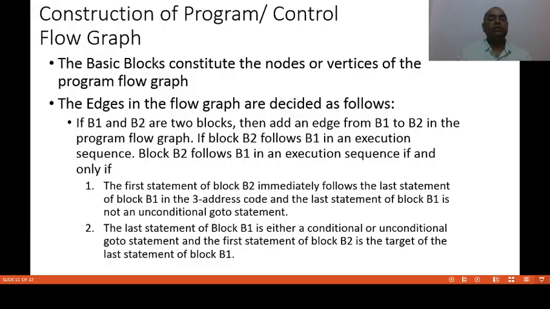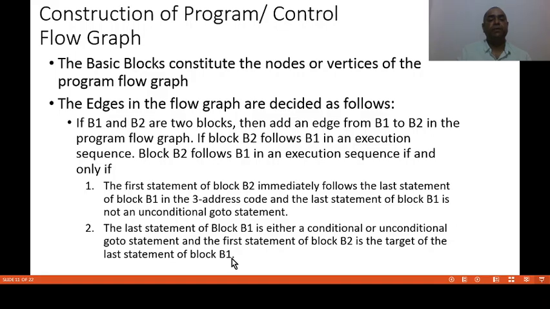Second, the last statement of block B1 is either a conditional or unconditional go-to statement, and the first statement of block B2 is the target of the last statement of block B1.